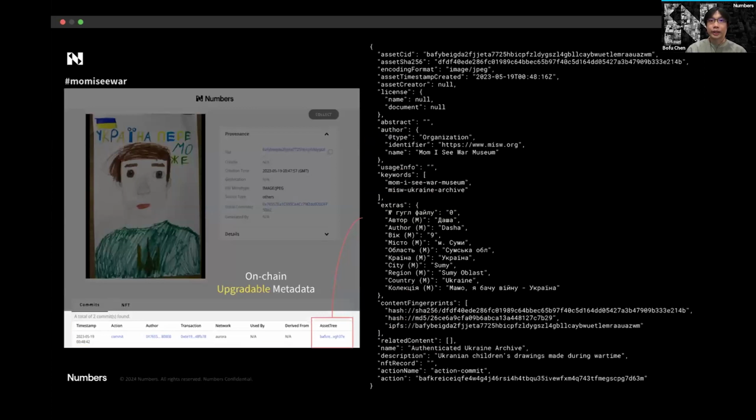If you are interested in more of the metadata details preserved in one blockchain transaction, you can also click the links and open it. In this case, this is the content collected by the Mama War Museum, and you can see the basic information and the extra metadata customized for the project. The default on-chain fields have their corresponding counterparts in either IPTC or C2PA and can be easily converted by tools.